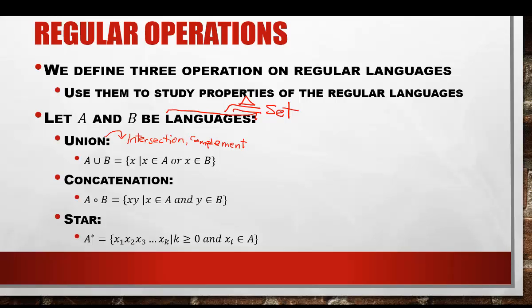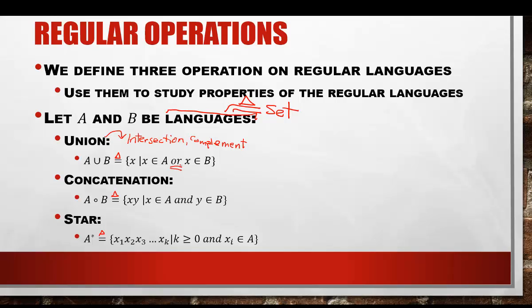So what is the union of two sets? If you have sets A and B, union by definition, actually I probably should put a little delta on top of these because these are definitions. So by definition, the union of two languages is composed of all members of both languages. It's a set of X such that X belongs to A or X belongs to B. Remember that this OR is an inclusive OR, which means that if X belongs to both A and B, it's